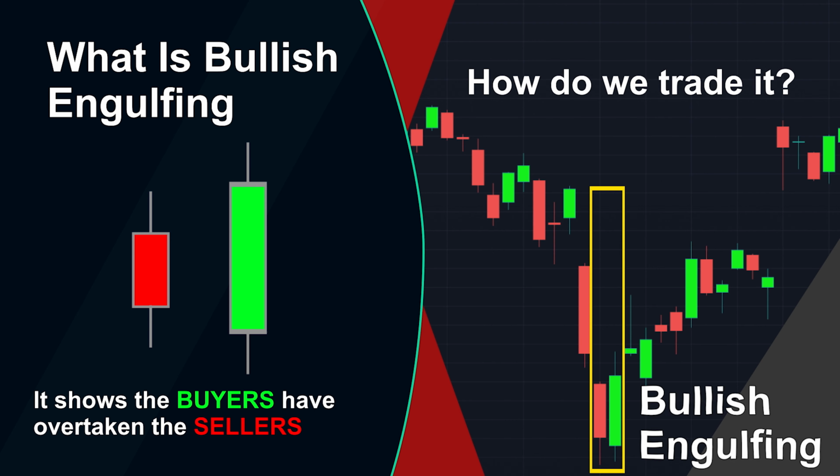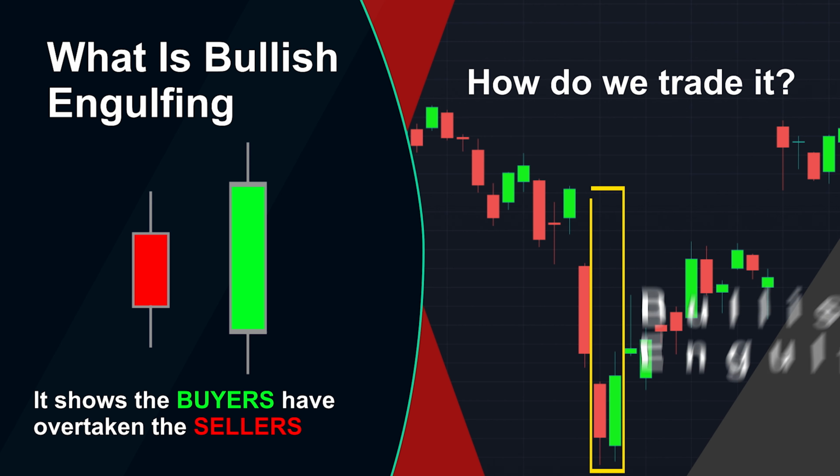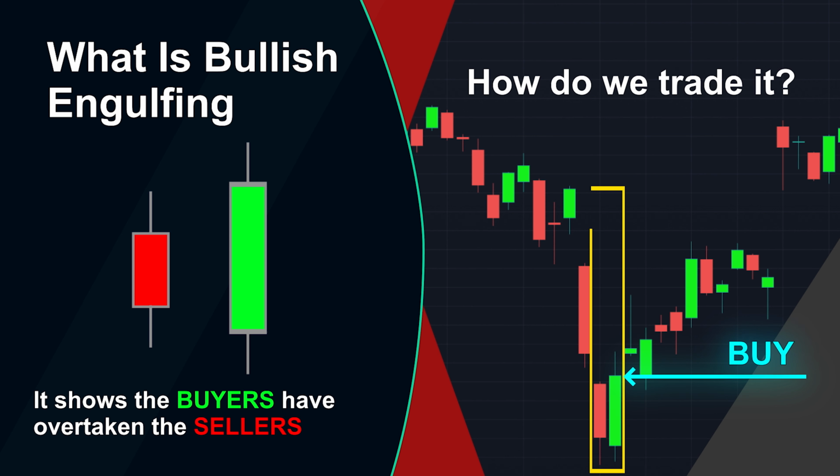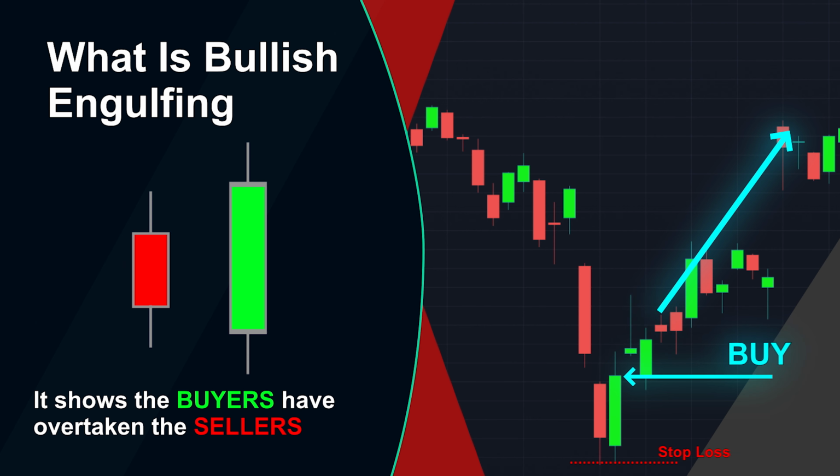Before acting on the pattern, traders typically wait for the second candle to close, and then take action on the following candle. Actions include selling a short position once a bullish engulfing pattern occurs or potentially entering a long position. If entering a new long position, a stop loss can be placed below the low of the 2 bar pattern.